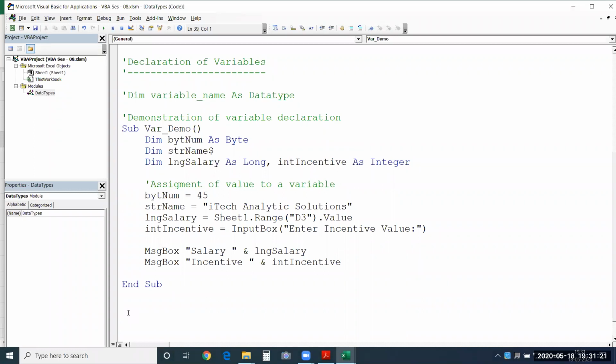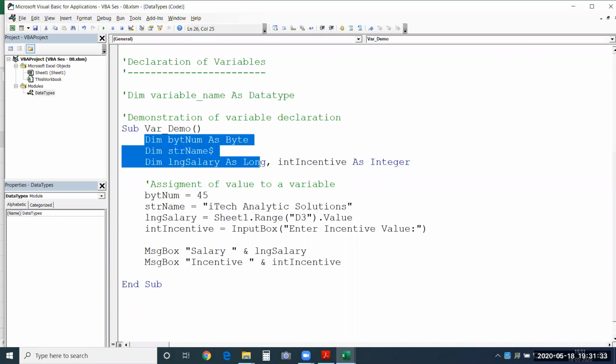Now let's see what the different scopes of variables are. When I say scope, that is the lifetime of a variable: till where I can use the variable value, for how long I can be using it. Now you saw how to declare variables within a macro. All these variables can hold that value only until this particular macro is executed. Once the macro execution is completed, whatever value is stored in these variables will be revoked. So they will be released. The memory is released immediately after the macro is executed.